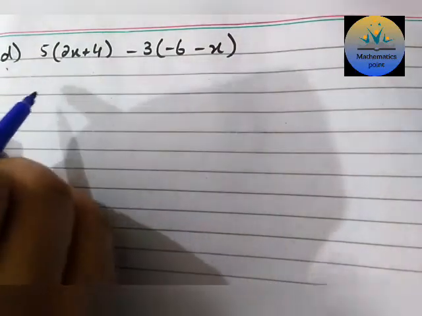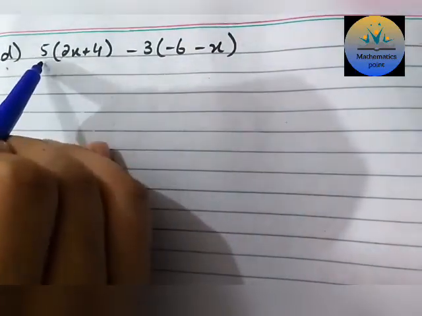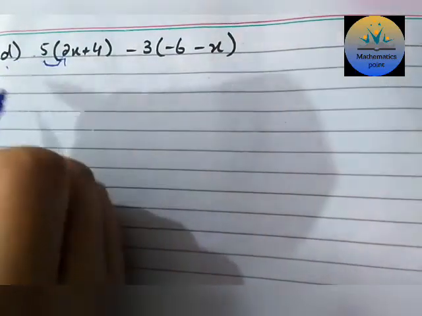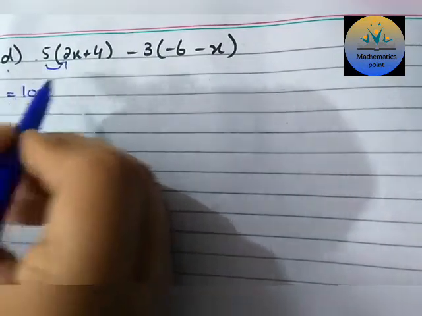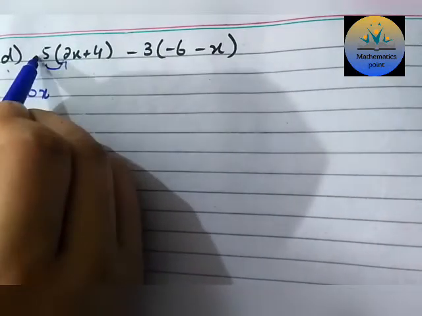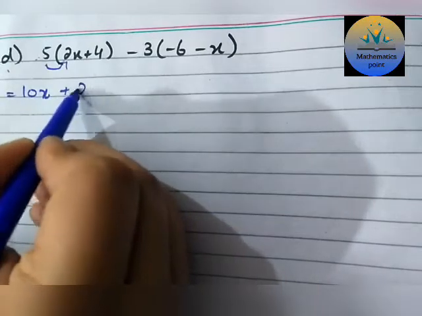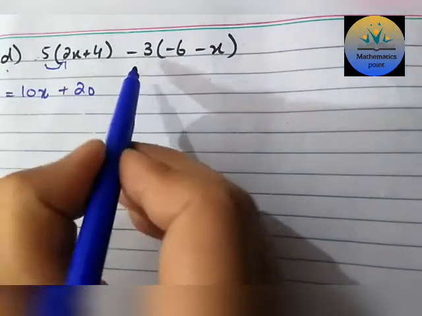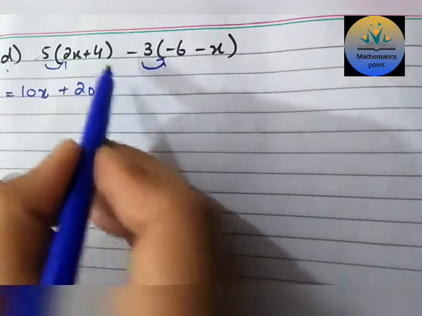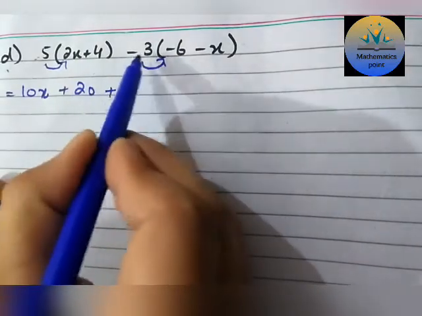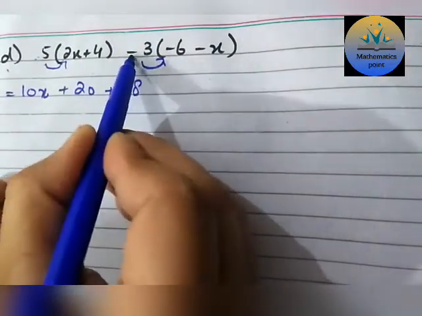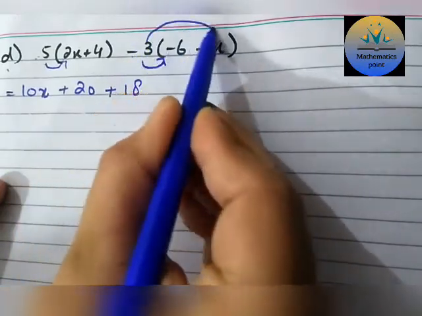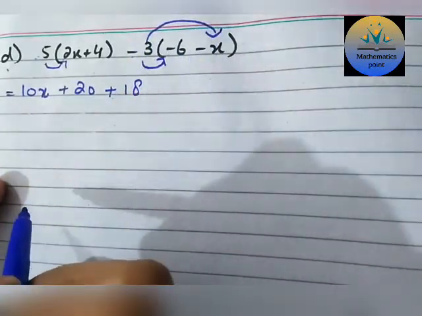Okay, again we have just applied the distributive law here. First we multiply 5 with the first term, 5 twos are 10, and write down the variable as well, plus 5 fours are 20. That is done with the first expansion of the bracket. Now we expand the second bracket. Minus plus, 3 sixes are 18. Then again minus, multiply 3 with the second term according to the distributive law.